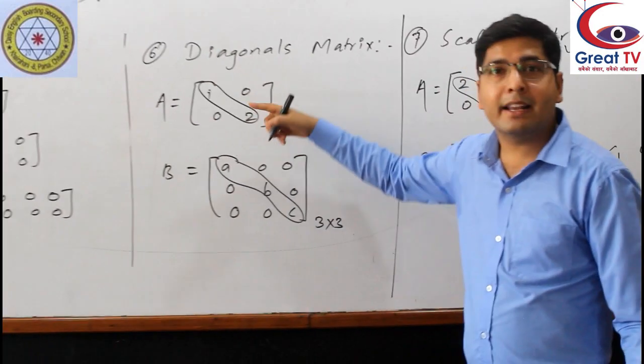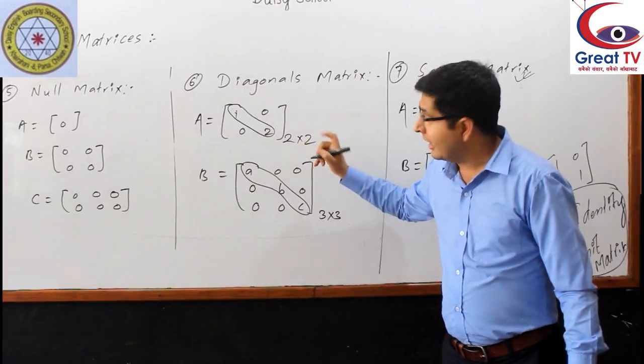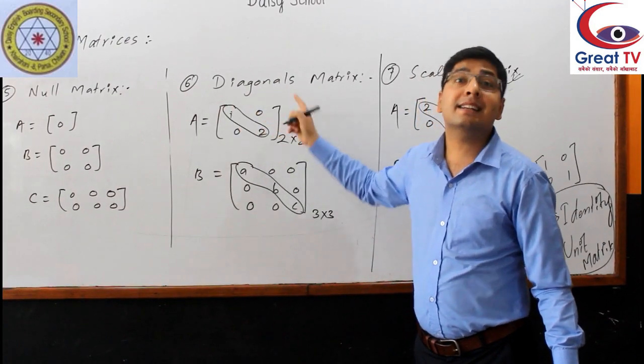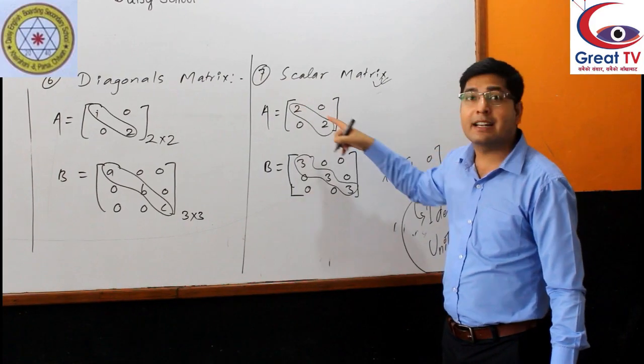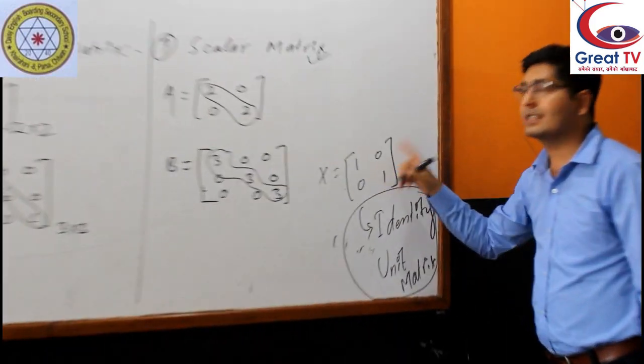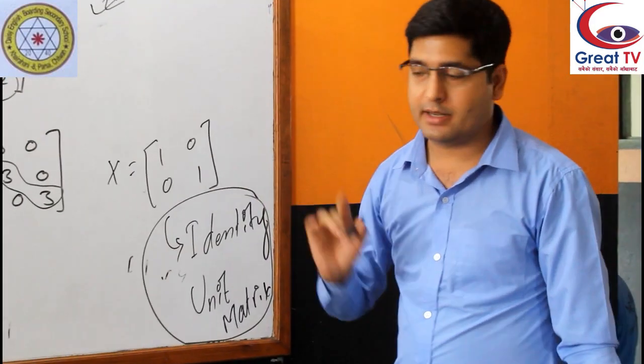Square matrix: except leading diagonal, all entries are 0, diagonal matrix. If its leading diagonal elements are the same, scalar matrix. If its leading diagonal entries are 1, then this type of matrix is known as unit matrix. Students,